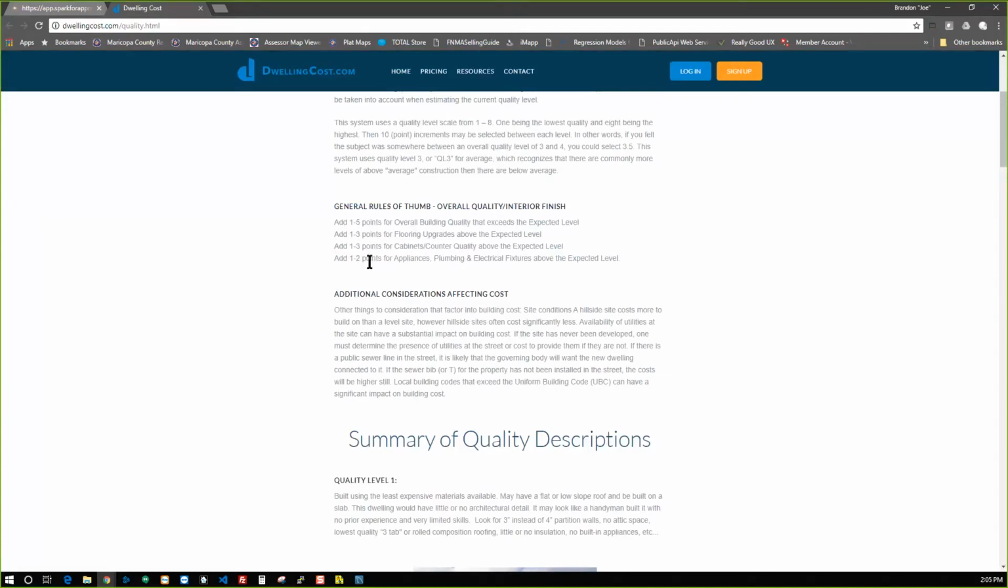Let's say I have really great appliances, plumbing, and electrical. Then if my base quality rating is 3, I could have up to 3.2. They're saying 3.2 is the highest you can go, assuming the only thing above and beyond that your property has is